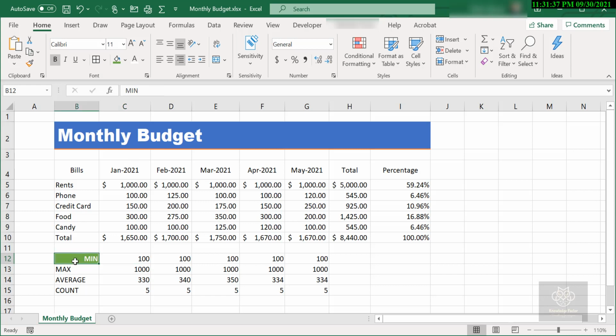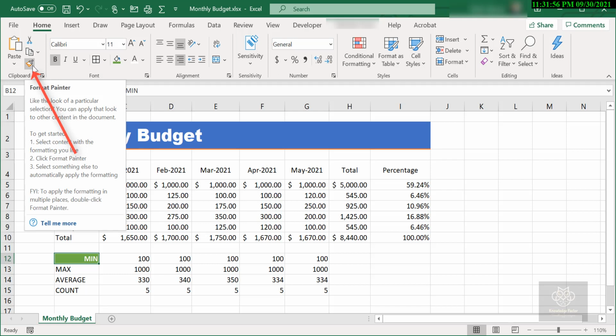Now you decide I want to use the same formatting on, let's say, count. So with B12 selected, the cell that I want to copy the formatting from, I'm going to go to the Home tab, and underneath the Clipboard section I will have the Format Painter. So this is the icon for the Format Painter. I'm going to give it a single click. There are actually two operations here. A single click allows me to use the Format Painter once, but if I double click on the Format Painter, it will remain active until I either click on the Format Painter again or hit the Escape key on my keyboard. Very cool, right?